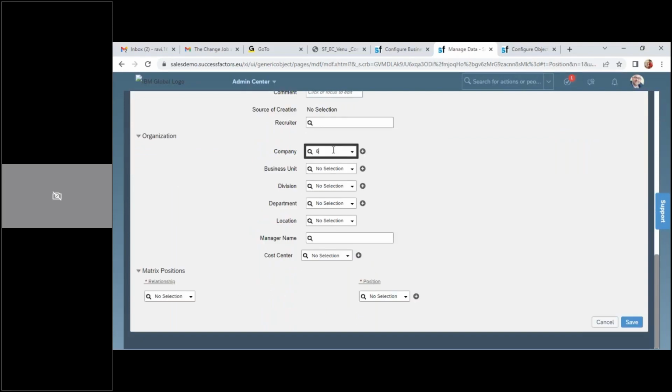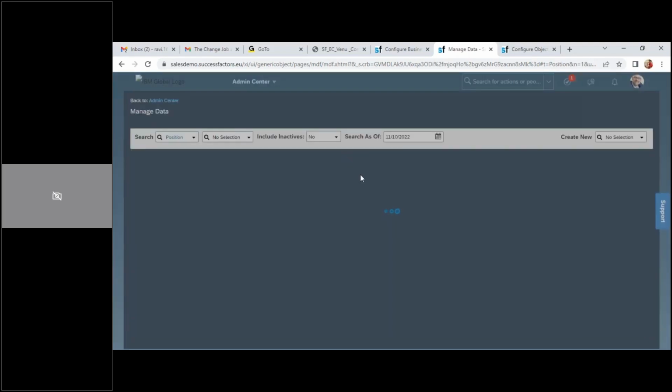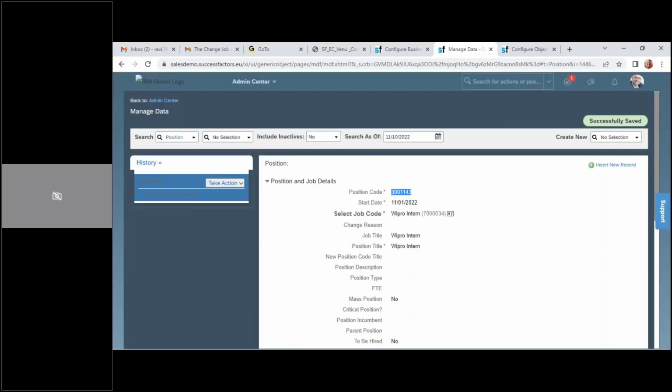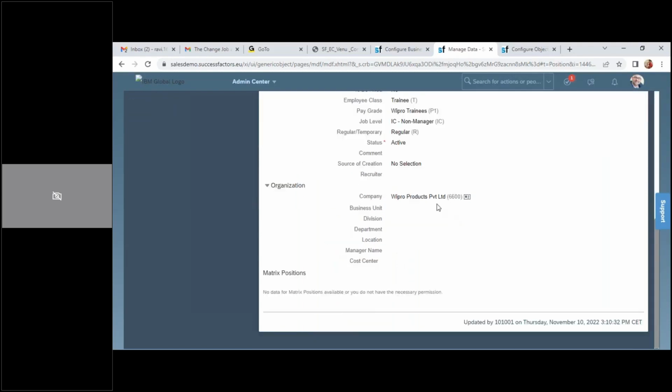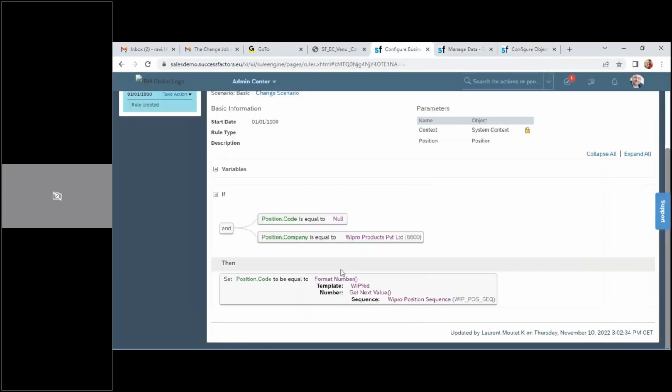I'll just add. Okay, I'll not add any of these things. I'll just say save. What is the number? 3001143. Why? Because the system executed this business rule,